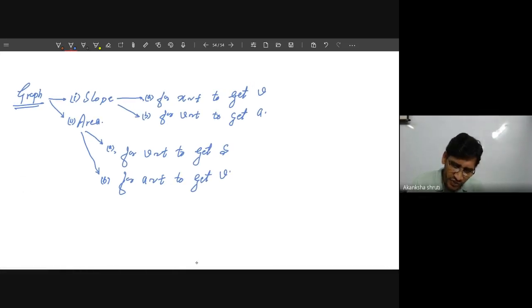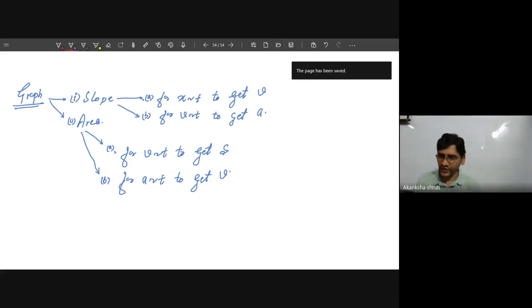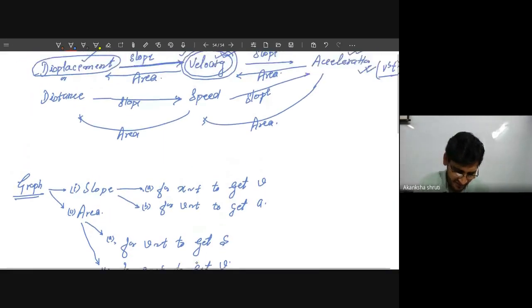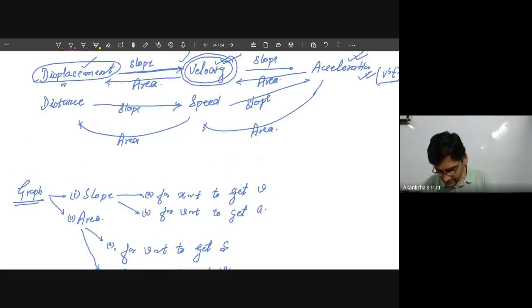Students, now we are going to learn about kinetic equation, to predict S equals ut plus half at square. Students, you have written this. It is very important. At the last moment, if you just read this point and understand how to calculate, everything is summarized of what we were discussing from the last 2 or 3 days.